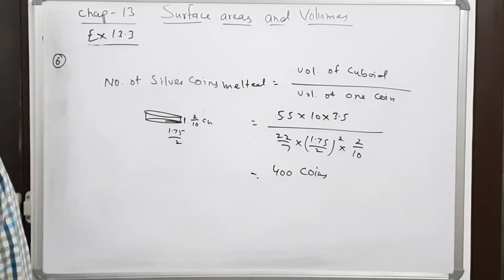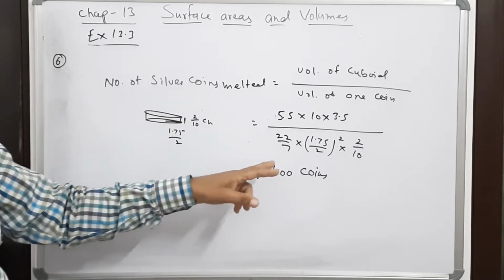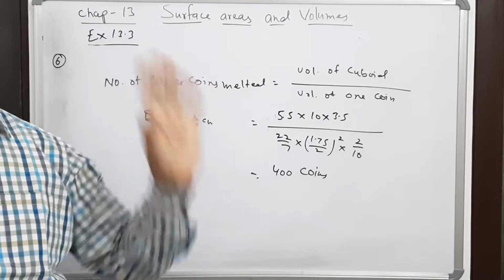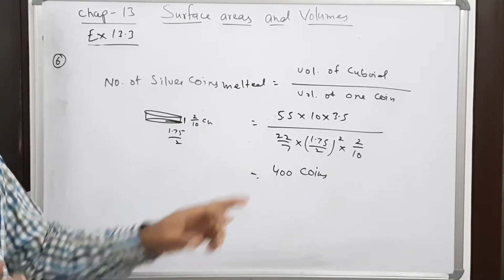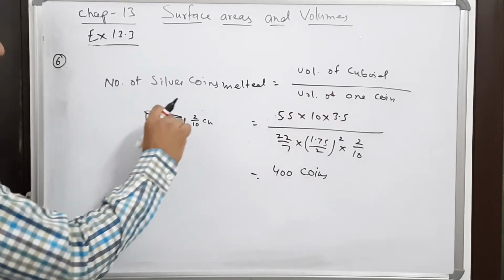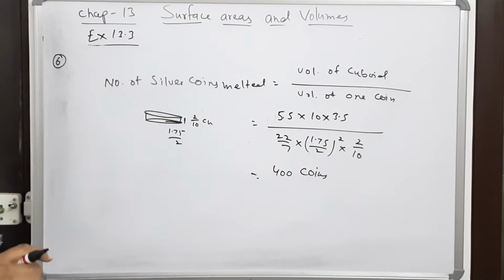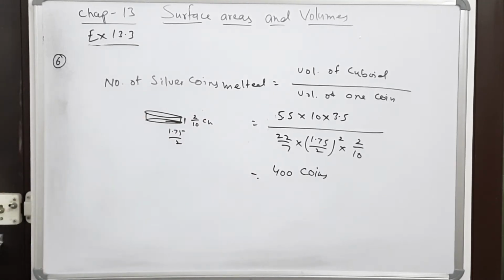That part I am leaving for you. You please try this part and you can. The only important thing I want to tell you here is the coin is a cylinder. It is not a circle and it is not a sphere. It is a cylinder. The thickness of the coin, that is 2 mm, will be the height and the diameter is already given. So that was the important part for which I have included this sum.